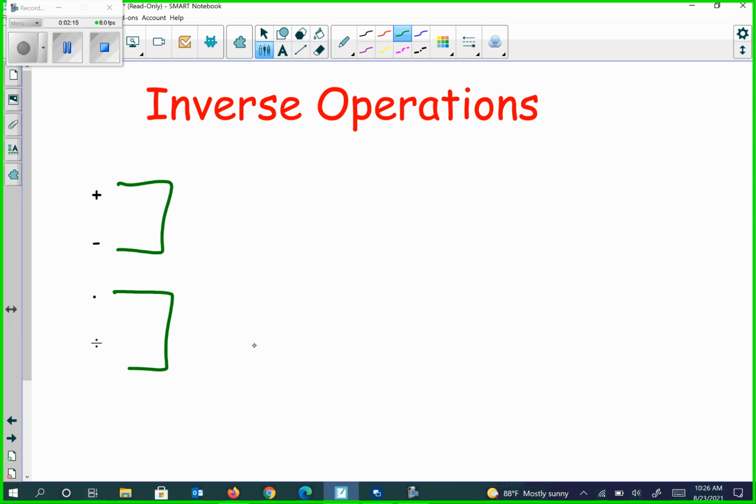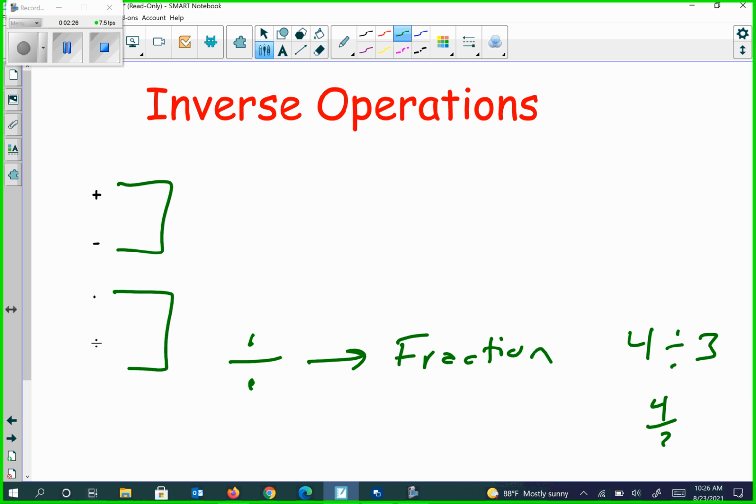Now, one thing you have to realize is division a lot of times might be written as a fraction. So 4 divided by 3 is the same thing as 4 over 3. These mean the same thing. And that kind of goes into play when